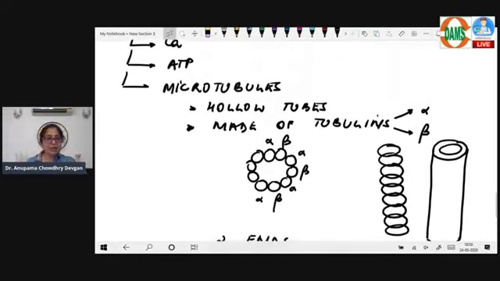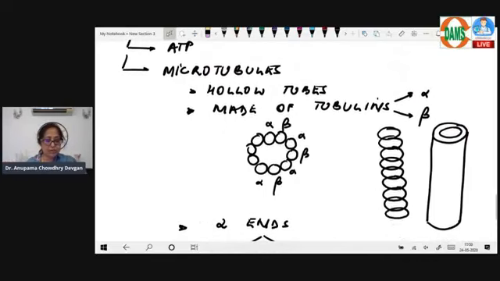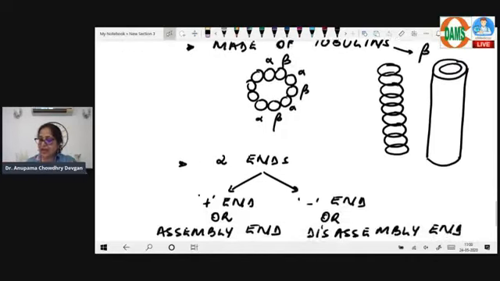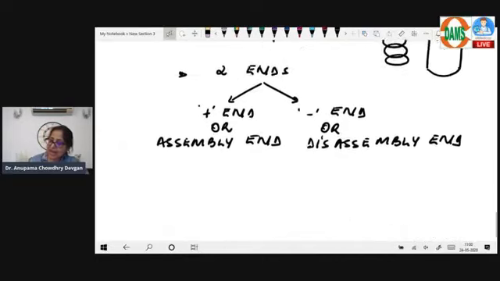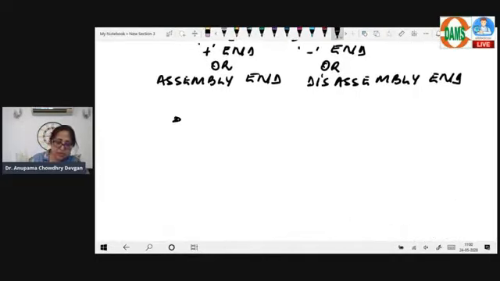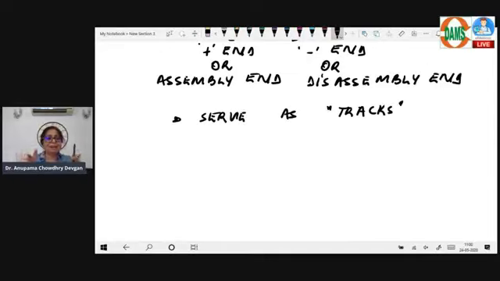So again, what are these microtubules? These are hollow tubes made of proteins called tubulins. They have two ends, a plus end and a minus end. And these microtubules serve as tracks. What is a track? Literally, a track means like a railway track. Have you understood? Within the axoplasm, you have these microtubules serving as tracks, and moving on these tracks